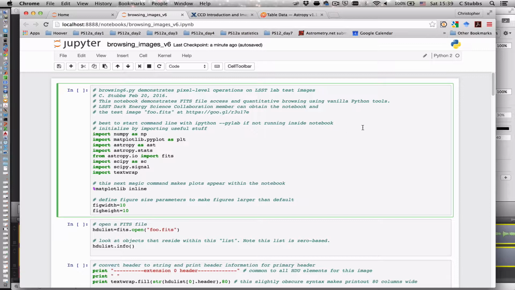So this is a Python notebook. I kicked this off by typing jupyter notebook at the command line. The image foo.fits resides in the same directory as this Python script, and so we'll just go through this cell by cell and talk about how we can use Python to access